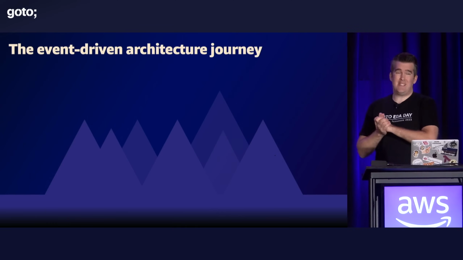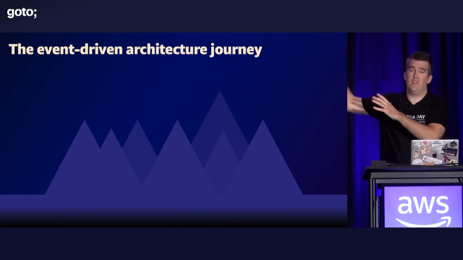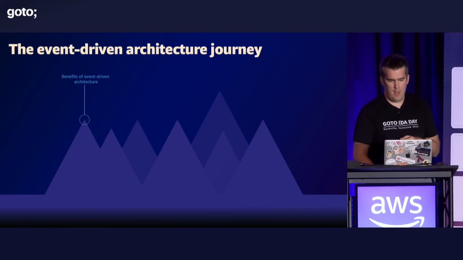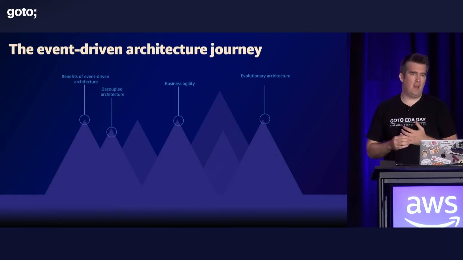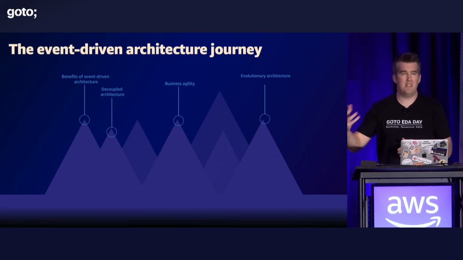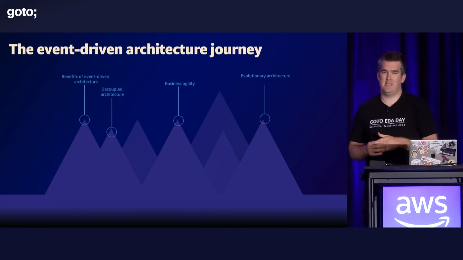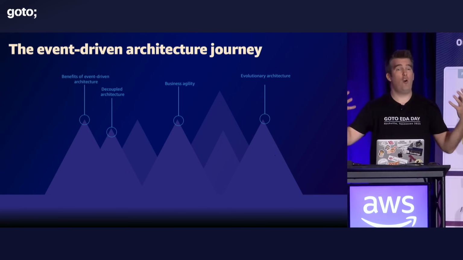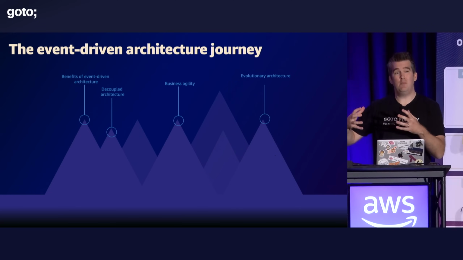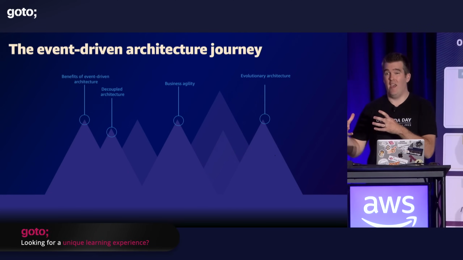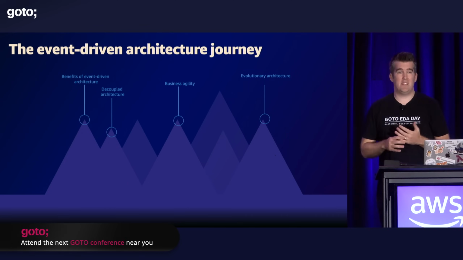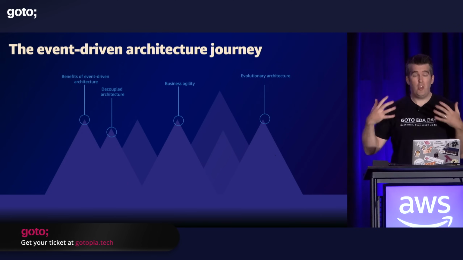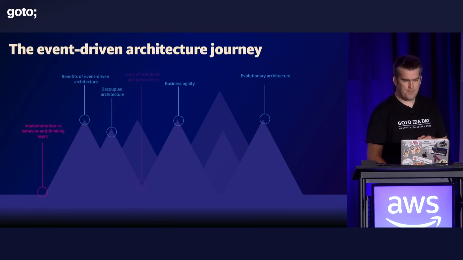Now, if we map this out on this kind of visual, on this journey that we'll be going on, at the top here, we have the benefits of event architectures. The whole reason we want to use event-driven architectures: this business agility, this decoupled architecture, being able to experiment and evolve our architectures. And I've been on teams where we've implemented this, and it is there. The teams that I've been on had this agility in over 15 years that I've never seen before. So I'm a huge fan of event architectures.